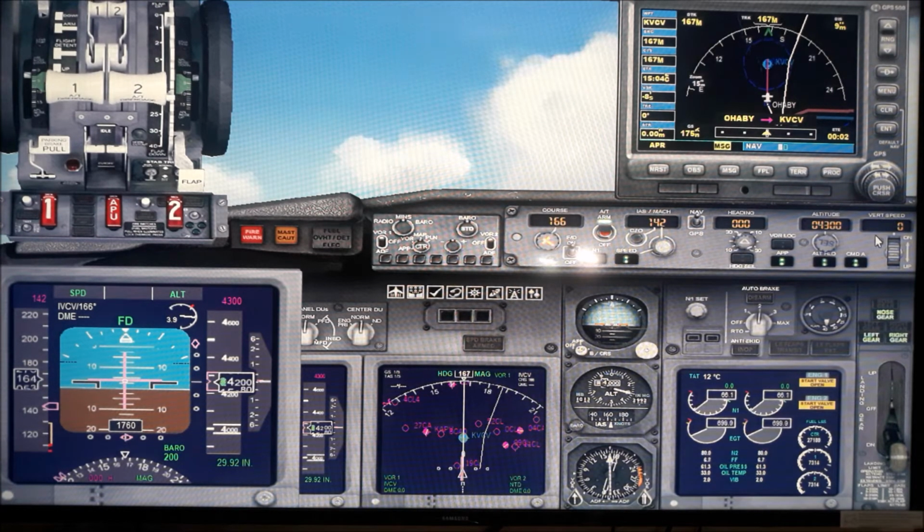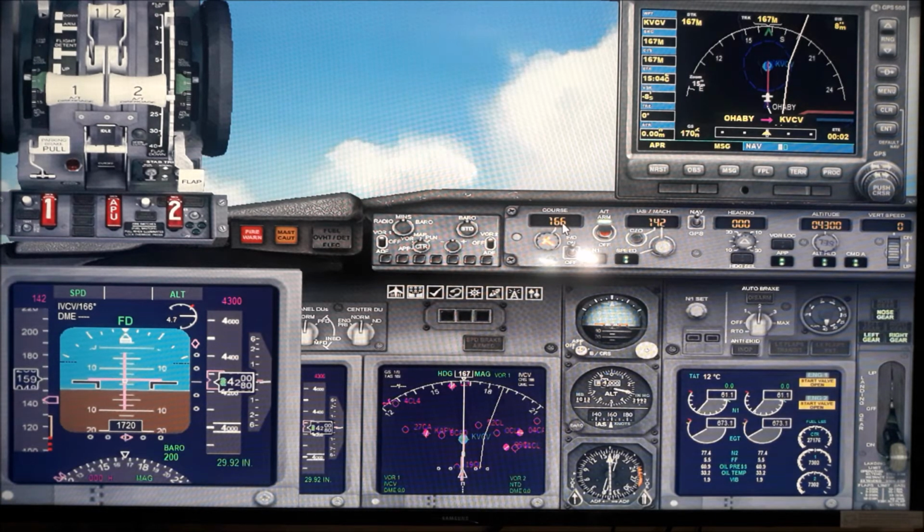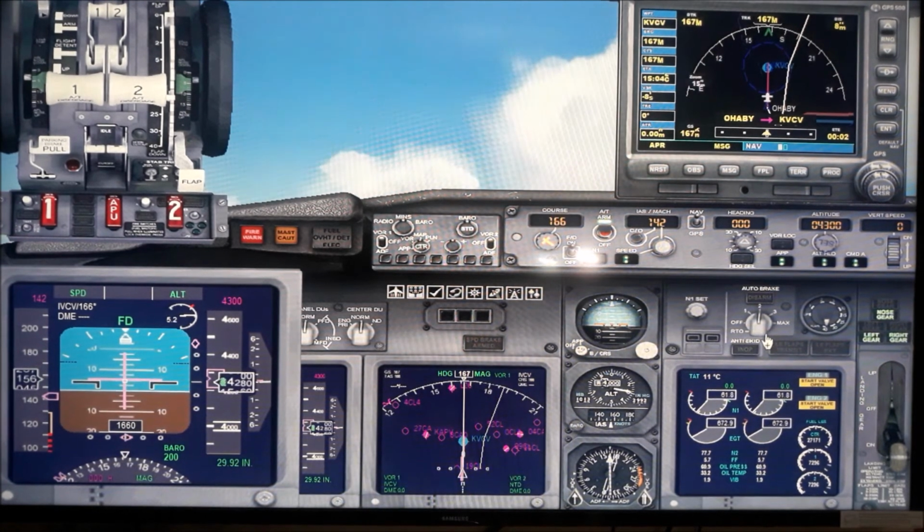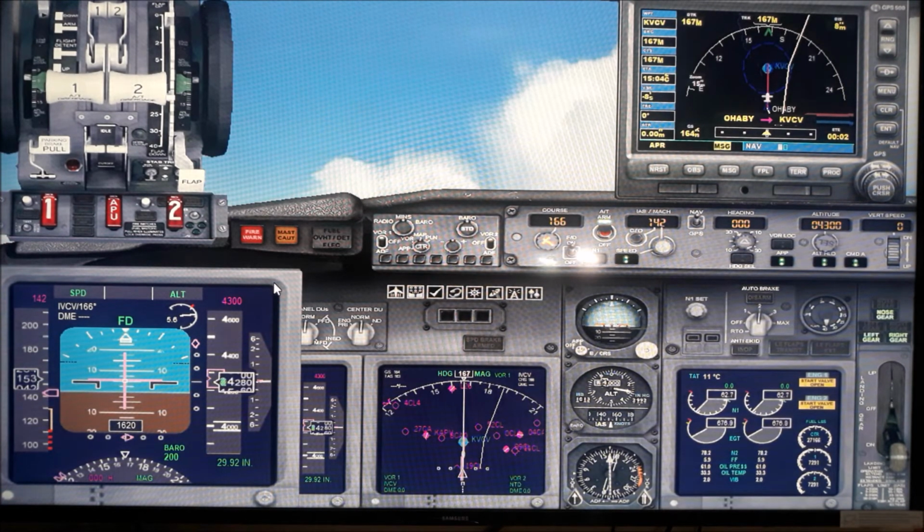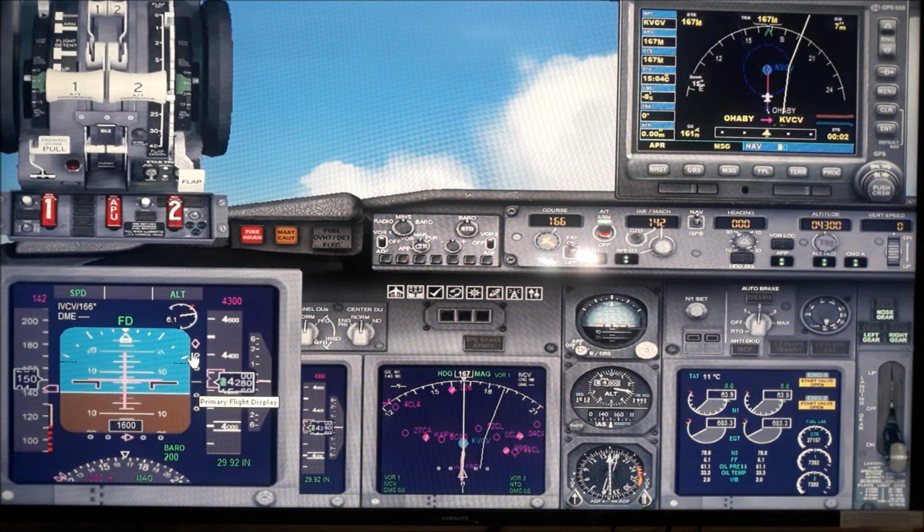Once again, I will scan landing gear down, altitude, this one, nav and approach, and everything is set. This is 166, pause. Engines are all okay, maps okay, brake is okay. Now these are all okay. This is also, everything is okay. Now I will wait for this diamond to come here. I'll watch it carefully. If it doesn't come, I will manually take the control, and it's coming down. So it is coming down and it will capture this.